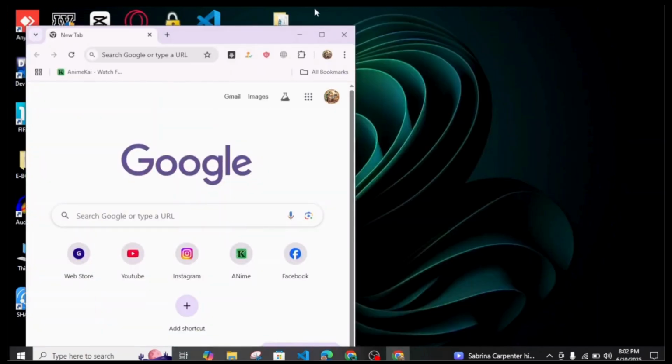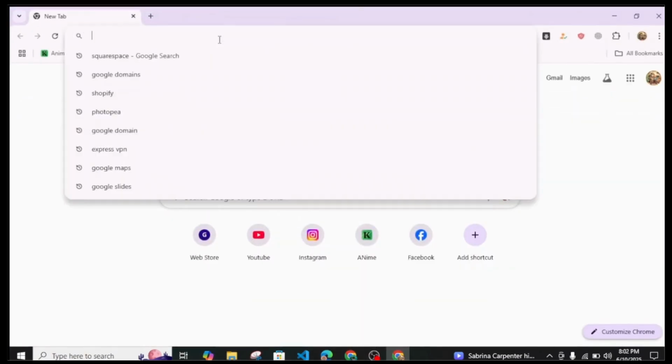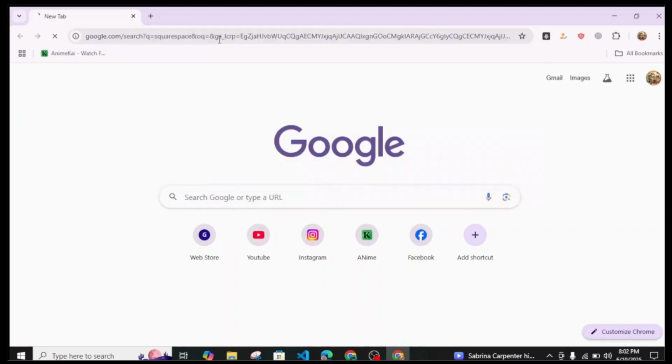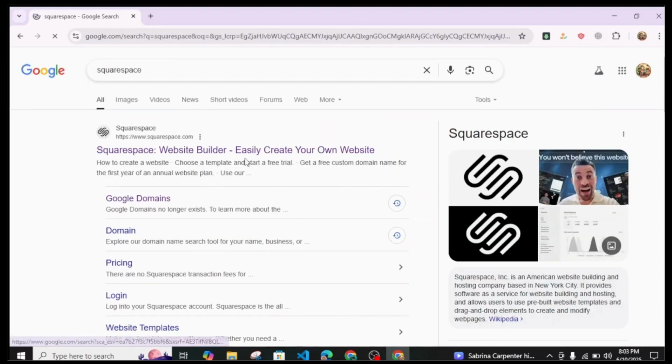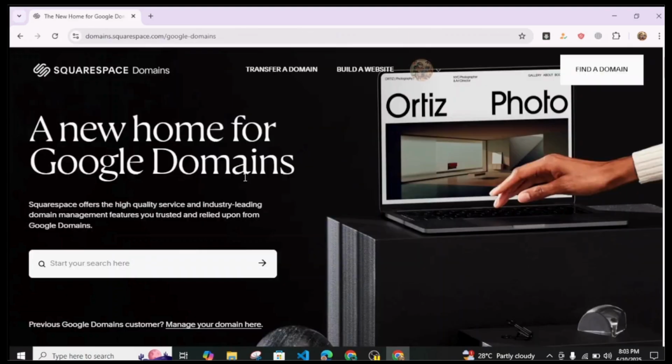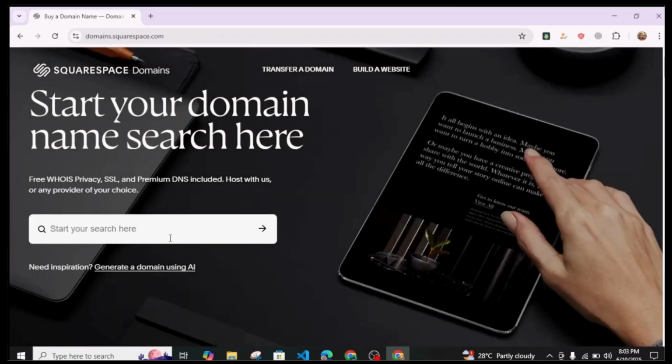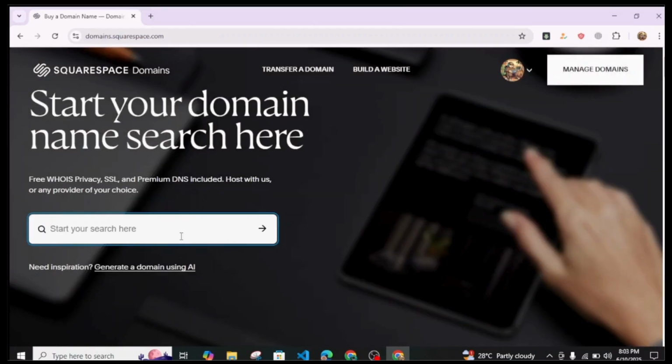In this quick tutorial I'll be showing you how to register a domain on Google Domain. So first, simply search for Squarespace, because Google Domain has been transferred or acquired by Squarespace. So basically just come over to this website over here, and as you can see I've already logged into my account. Now simply tap on this get domain button over here or manage domain,